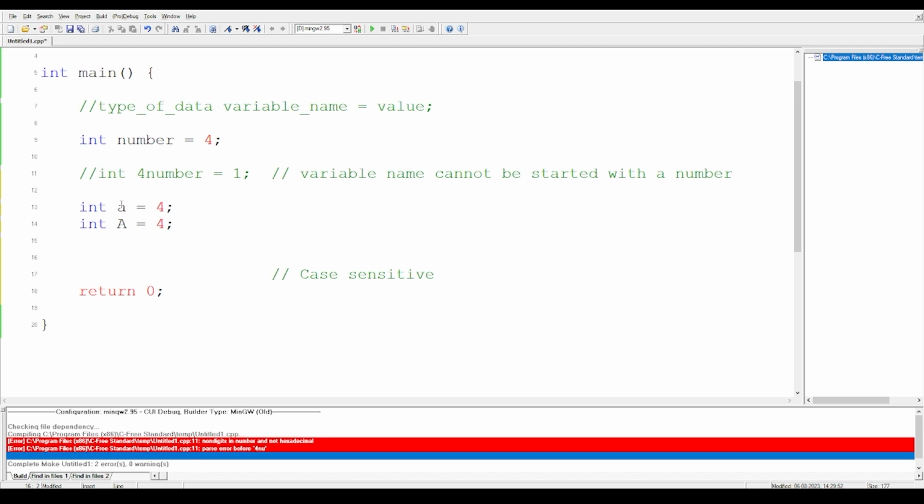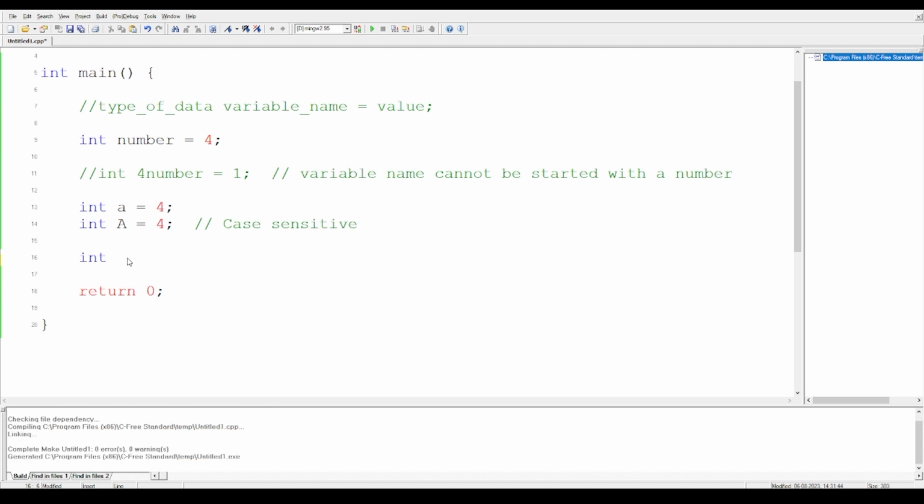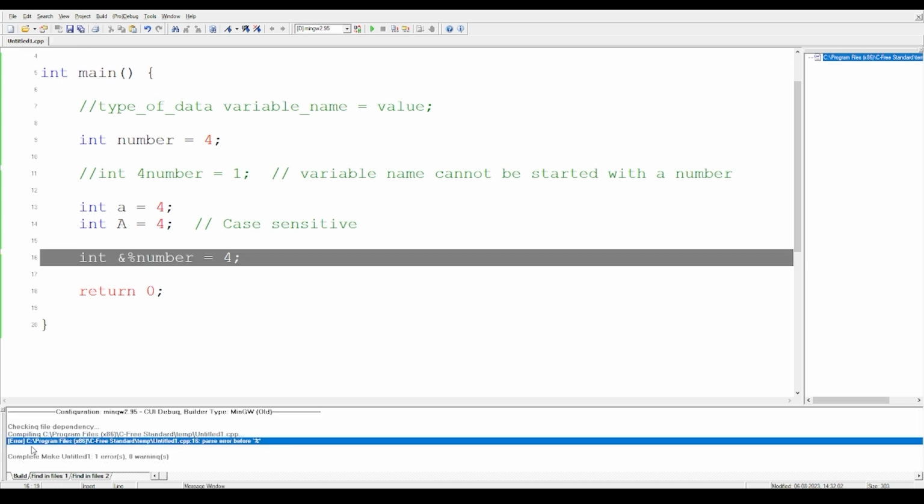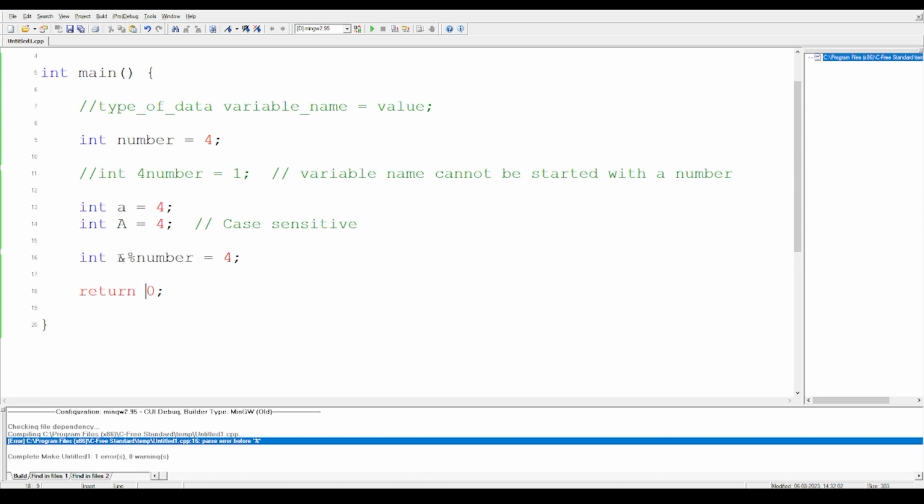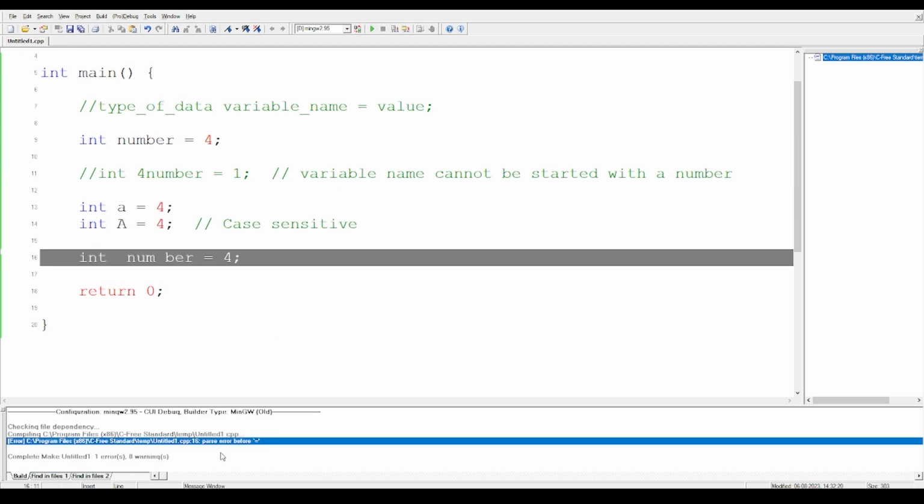So we have to be very careful when we write the name of a variable, because if we have given the n capital, and next time we give the n small, then there will be a conflict. The third rule would be that variables cannot use any special symbols or characters. For example, if I write here, let's say %number equal to 4. As you can see, it has shown me one error at the bottom, that I cannot use a special character when I'm writing a variable name. Moreover, you cannot give space while writing a variable name. For example, if I give a space over here and then I run the code, you will again see an error at the bottom. So space and special characters are not allowed when naming a variable.